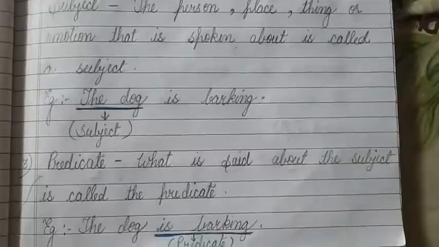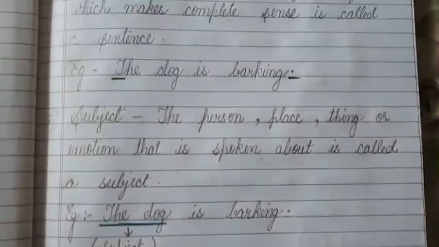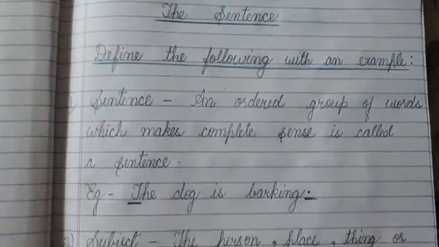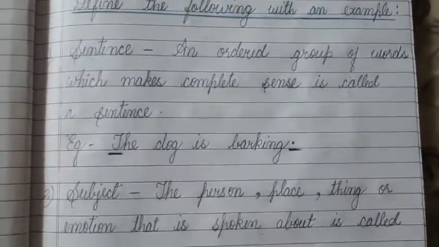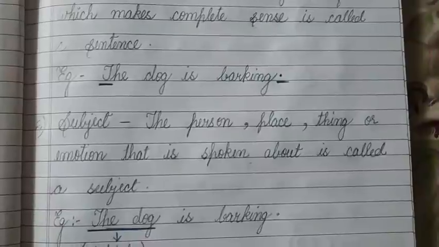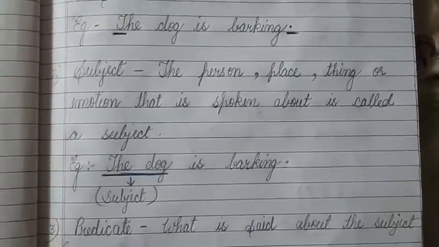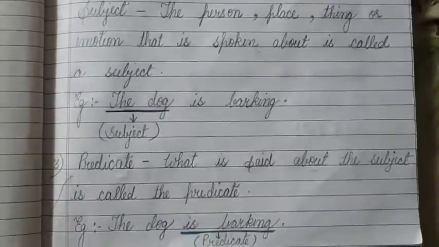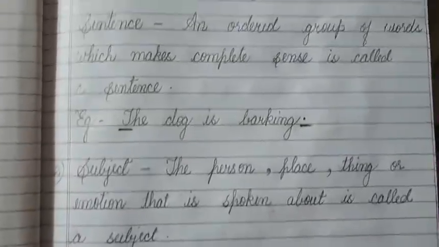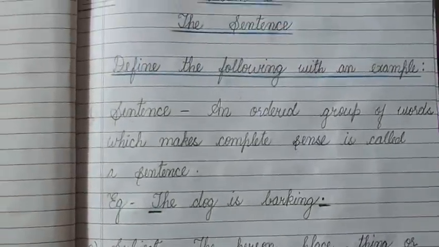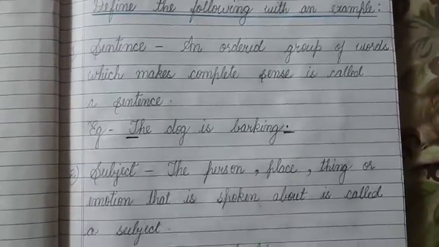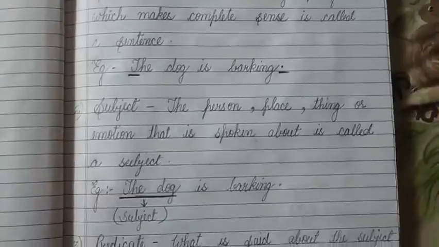I think no one is having any doubt regarding how you have to write in the copy, in which copy you have to write. Do you have to write with pen or with pencil? You have to write with pencil only, children. This is how you have to do your work in the copy. So please start doing your work in your fair copy, children, in good handwriting. I hope it's clear to you all.